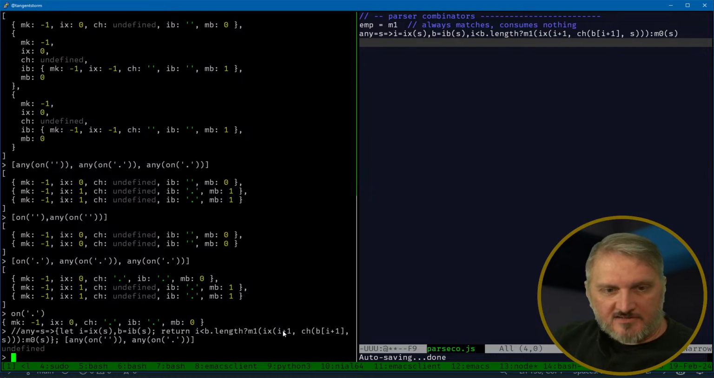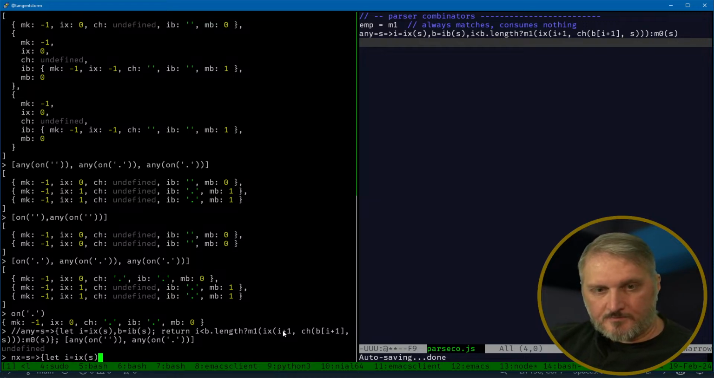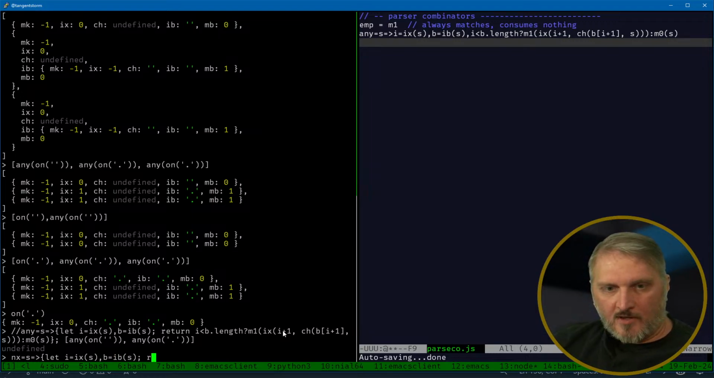So let's break this down. So let's do NX is a state. It takes a state and it returns. It basically does that. Let I equals IX of the state, and b equals ib of the state. And we're going to return